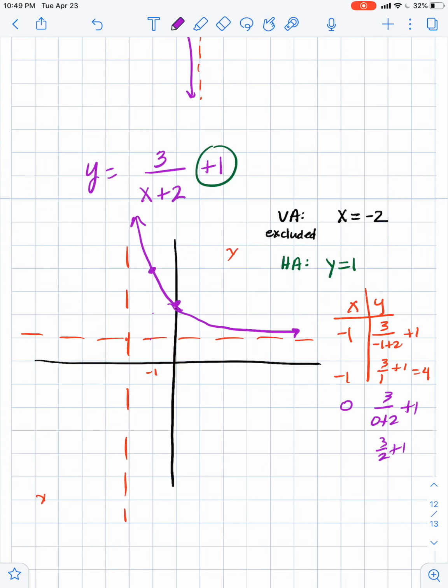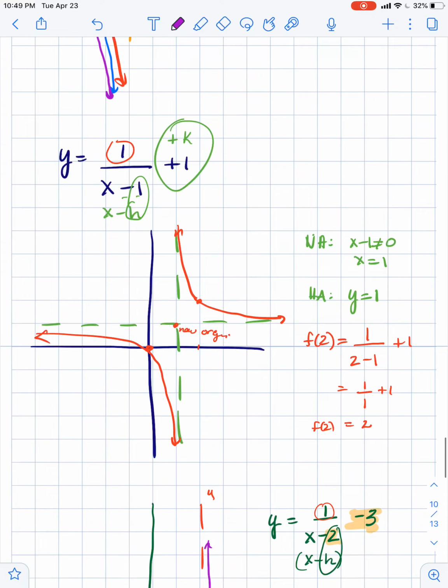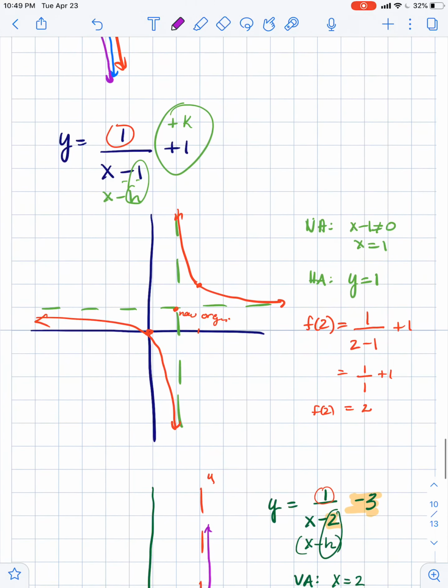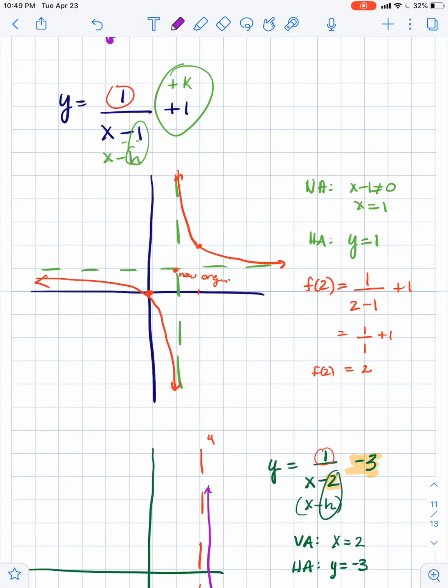So if I'm up 3 here, I'm down 3 here, and then I was up 2.5, so I'm down 2.5. And there becomes your, that one looks really bad. I can't turn my arm that way. There we go, a little bit better. Okay, it's going to come down in through here and hit. Okay, so that is your graphs in which you have a number on the top and just a variable x on the bottom. Okay, so be able to recognize